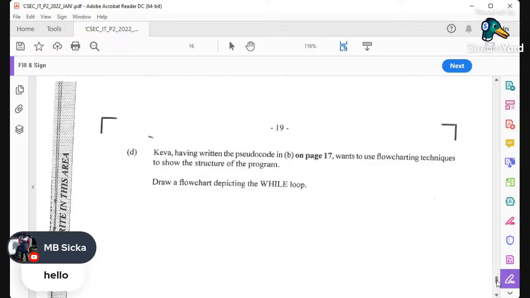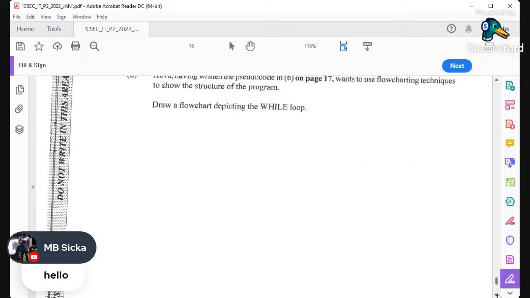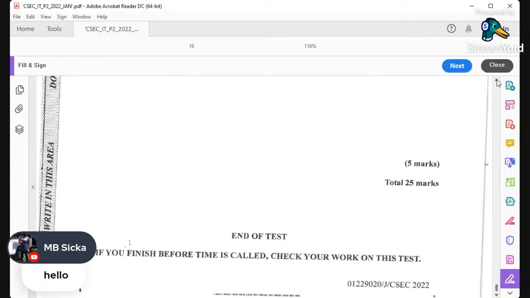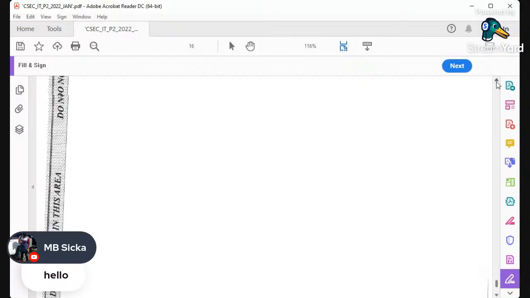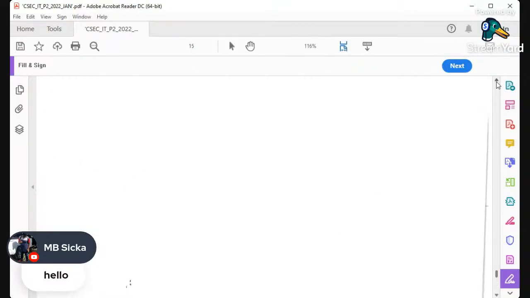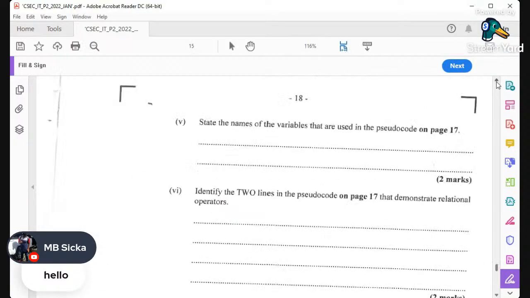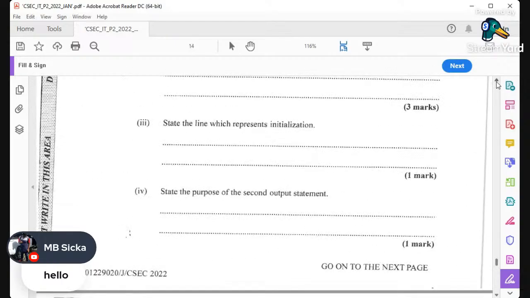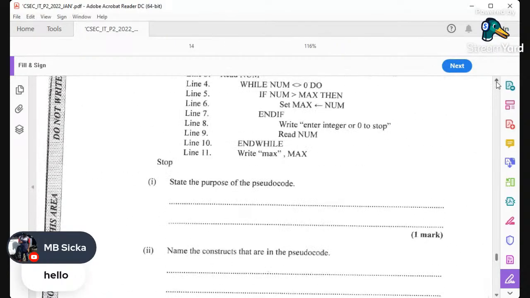All right. Kiva, having written the pseudocode in B, wants to use flowchart techniques to show the structure of the algorithm. All right, let me see if this is the last question. All right, this is the last question. So for us to do this part, I'm going to have to screenshot this because I don't have all the diagrams in